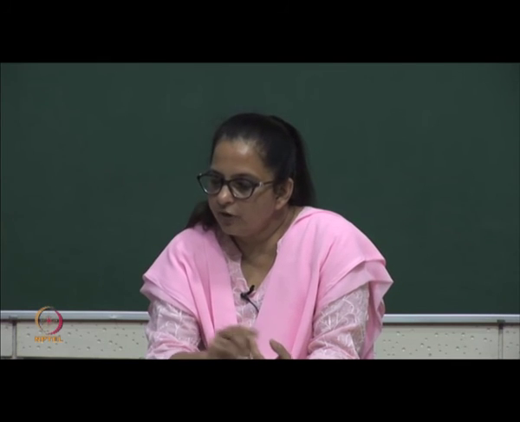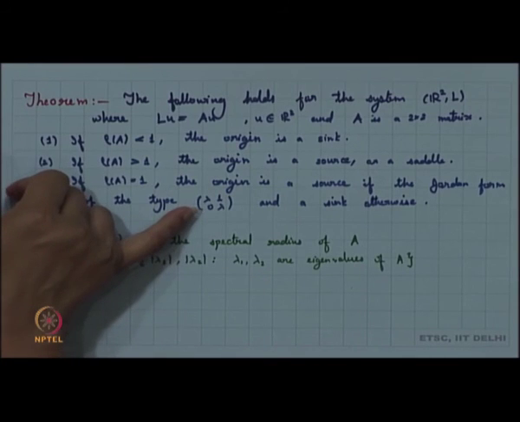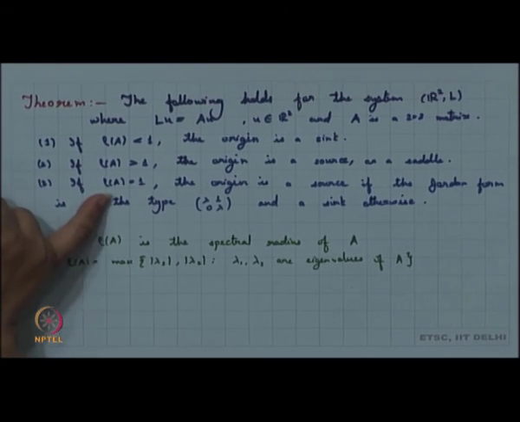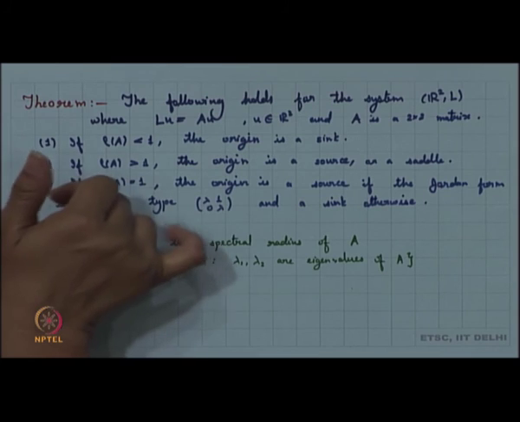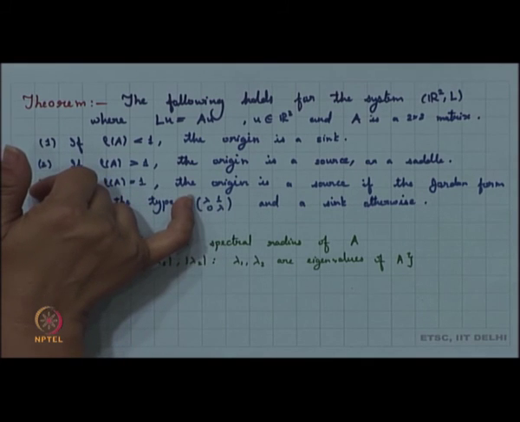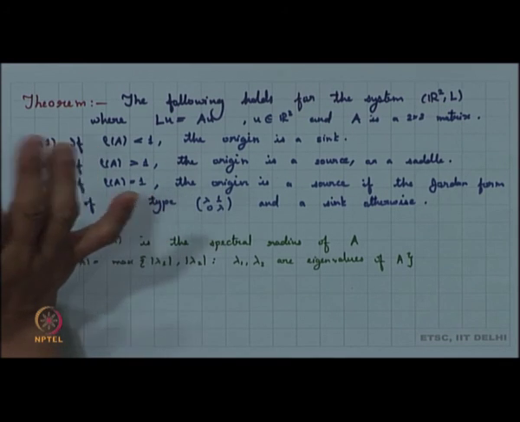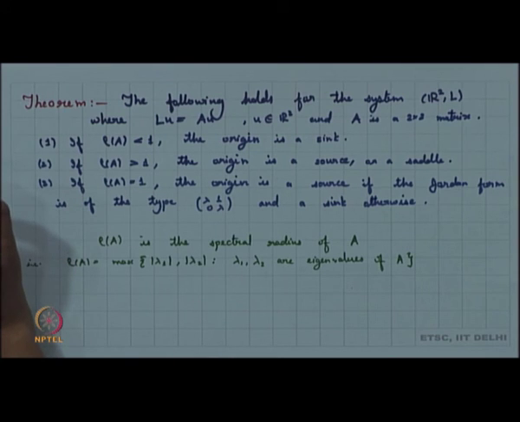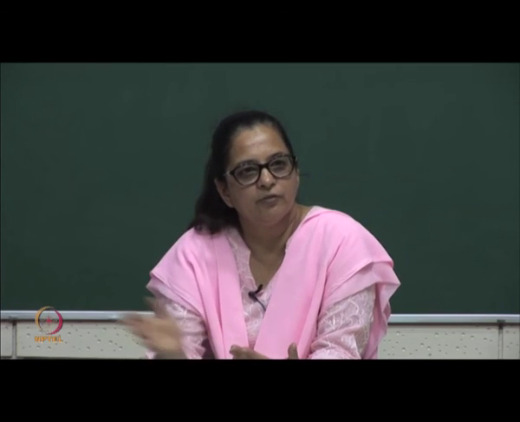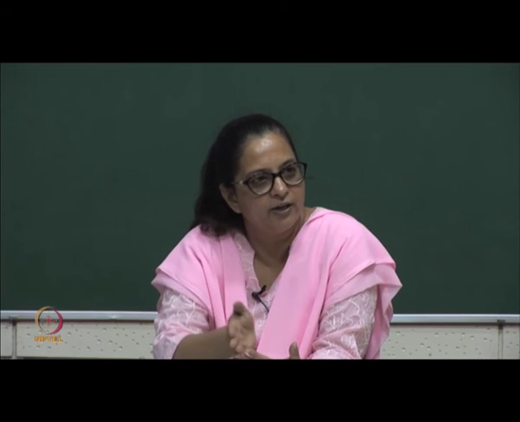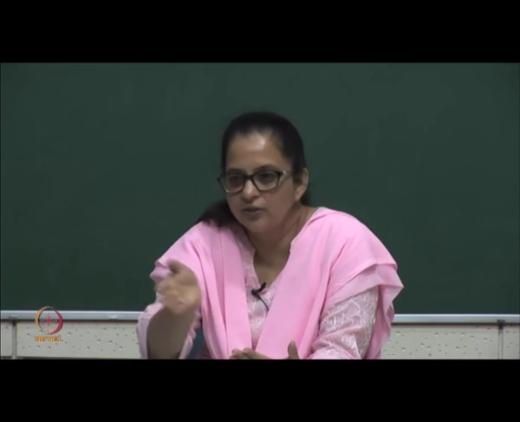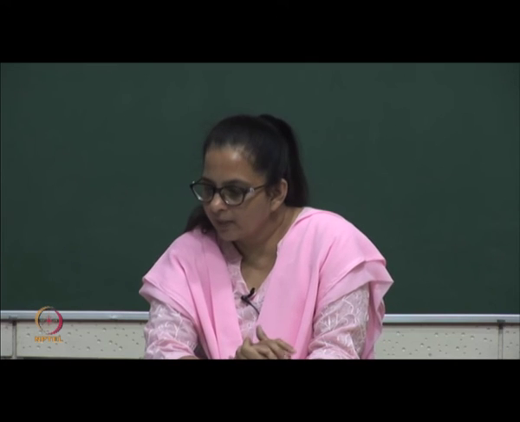So, when the Jordan form is of this particular kind for A, and the spectral radius is equal to 1, this is going to happen to be a source. In the other case, again the spectral radius is 1, that means the other eigenvalue can be less than 1. The Jordan form is of the other kind. If both of them are equal to 1, then it is identity, nothing changes. If the other eigenvalue is less than 1, then on one side it is not changing, but on the other side it is definitely contracting. So, it is definitely converging to the origin.